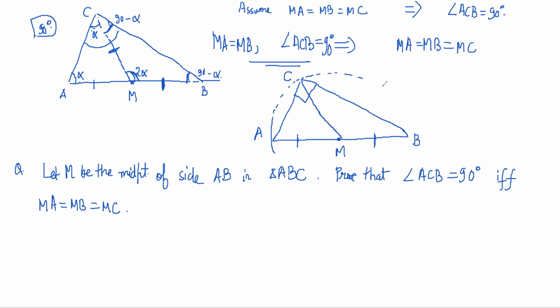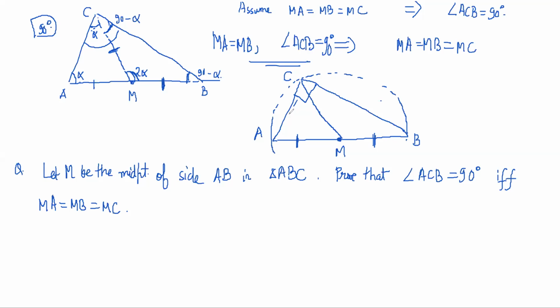You can use circle properties, but can you do it also without circle properties? Circle properties, though, it is clear how to do. Because this is 90 degrees, so angle in a semicircle is 90 degrees. So this is the diameter. So this is the center of the circle. This is radius. This is also radius. We have proved it. But without circle properties, also you can prove it. So without circle properties, let's try to prove.